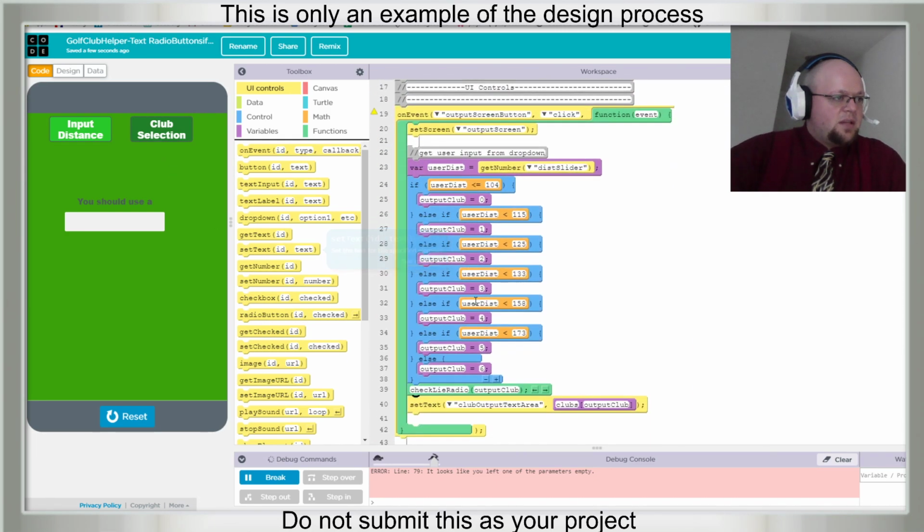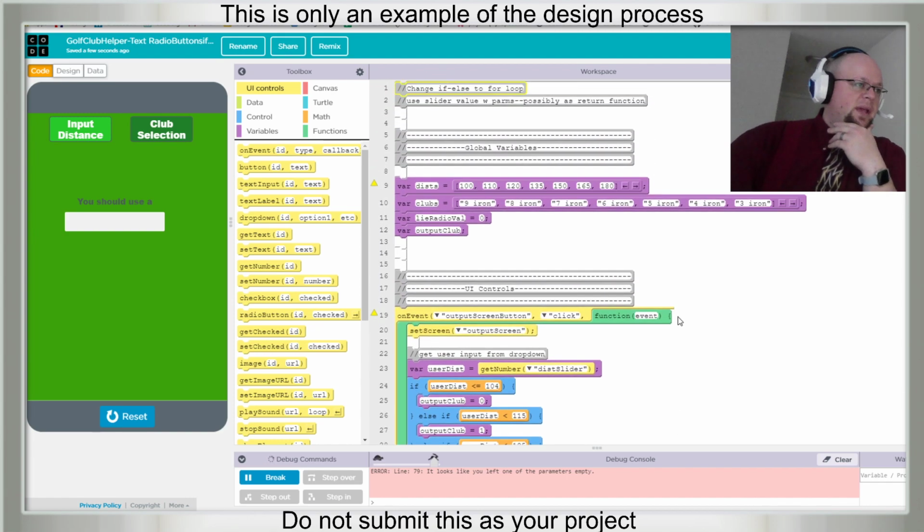But that club selection button runs our primary chunk of code, switching the screen, getting the value of the slider, and checking where that slider lies in this brute force if-else statement, which is fine for what we have.